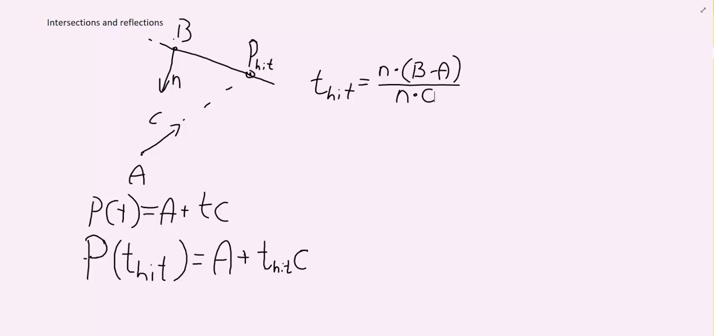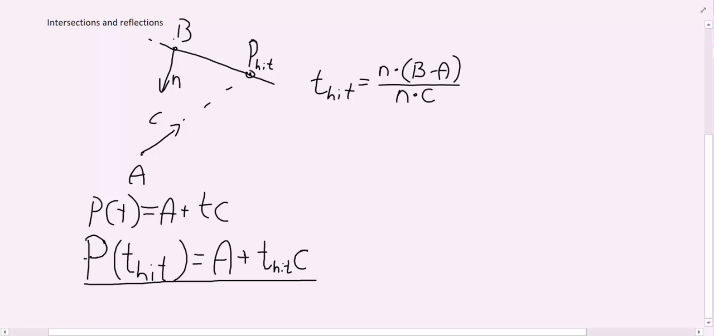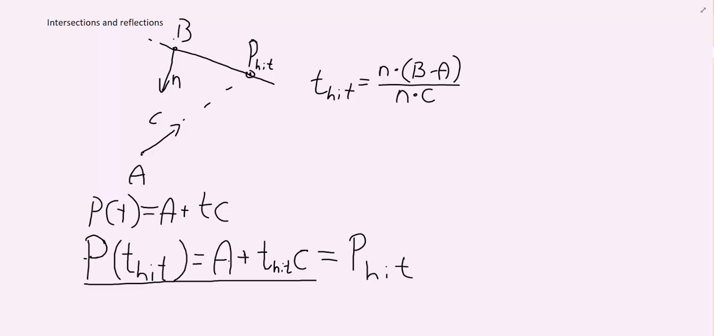So that gives us the time, and once we've calculated the time t hit, all we need to do to finish this is to go to this formula here: P hit equals, or P of t hit equals A plus t hit times C. So that's the point we're looking for, P hit. Once we've found this point, P hit,